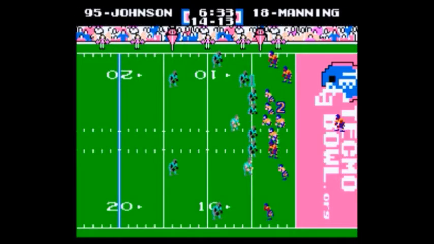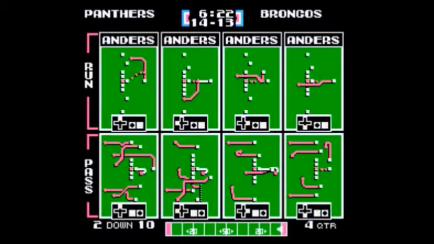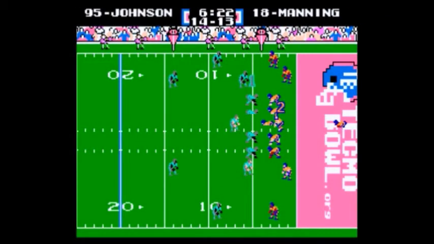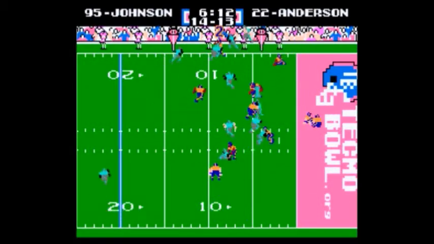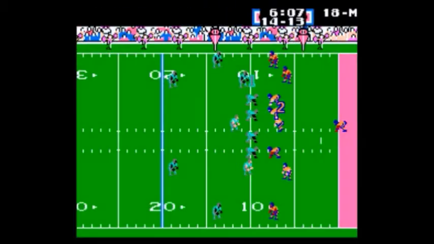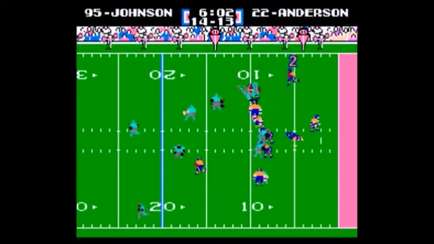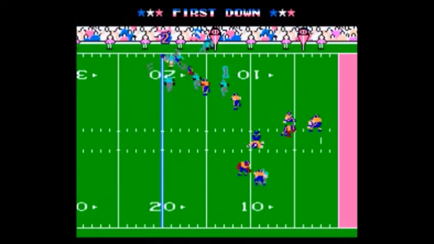At their own 4, needing to cover the length of the field to try to get into field goal range here, Bob. Yeah, they need to move the ball quickly, although there's plenty of time left on the clock here, only down by 1. But definitely not the field position that you want to have. Right, and twice going for the dangerous pitch back in your own end zone. That's a very risky play when you're in your own end zone. And that's 3 times in a row, although Anderson does get the first down, so they've got some breathing room now.